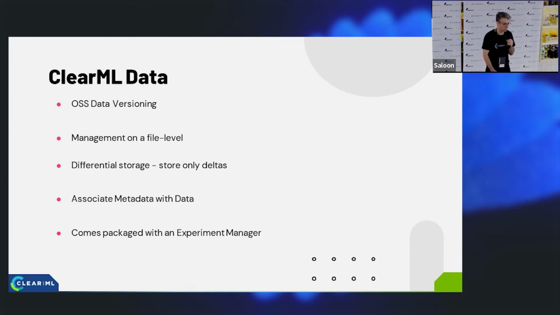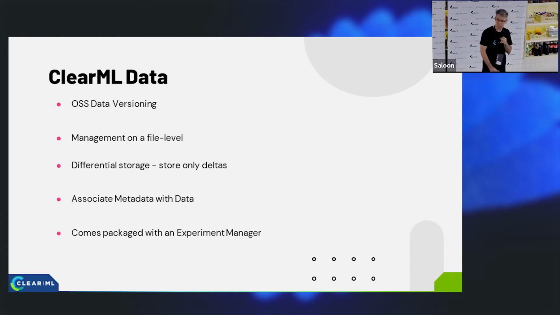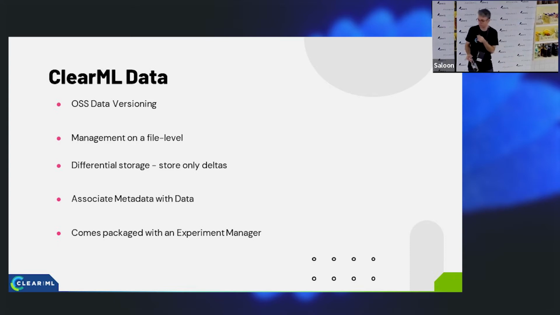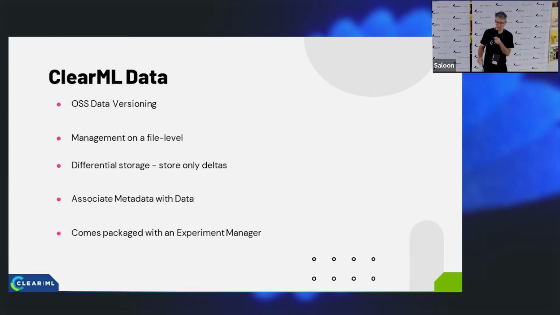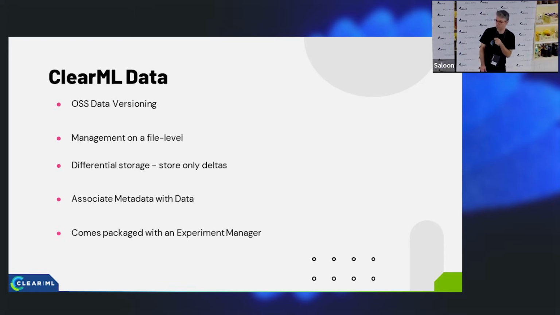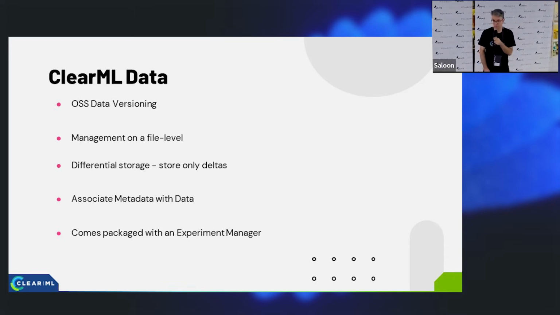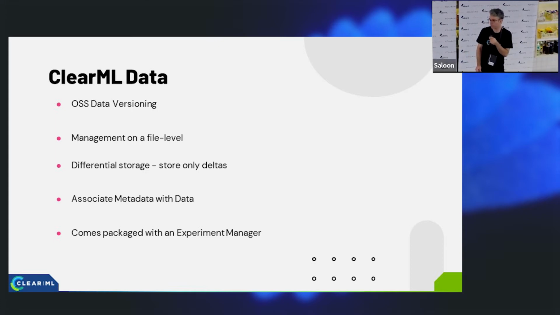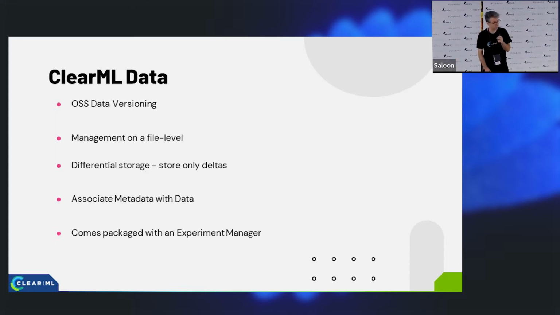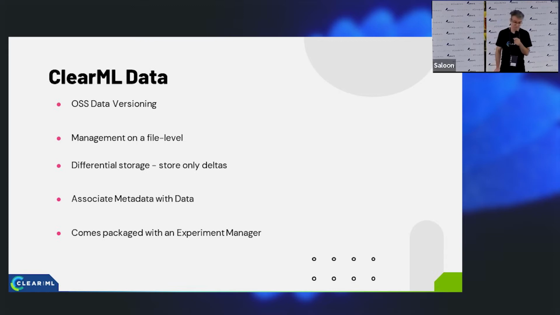So we decided to add differentiable storage. So basically every version will store the delta from the previous version. So think Git, but not Git. Like no one does merges actually with data. I mean, you can, but who would know what you'll end up with? So you can do actual merges with ClearML-Data, but it's rolling the dice.